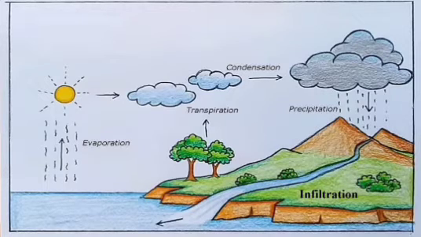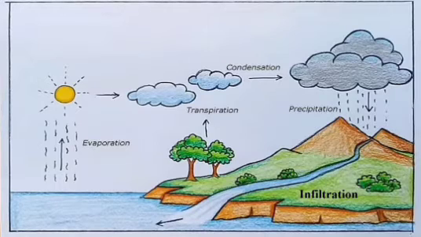The plants and the trees absorb water from the soil through their roots. The plants and the trees lose water as water vapor by the process of transpiration through their leaves. This water vapor also goes up into the air. The air containing water vapor is heated by the sun. So when the air containing water vapor rises to high altitude, the water vapor present in it gets cooled. The water vapor condenses to form tiny droplets of water. Now these tiny droplets of water form cloud in the sky.